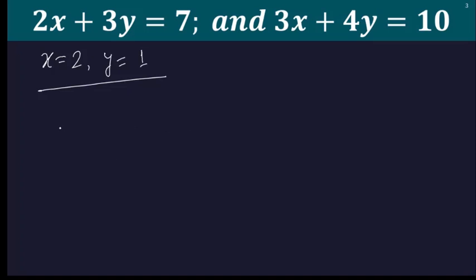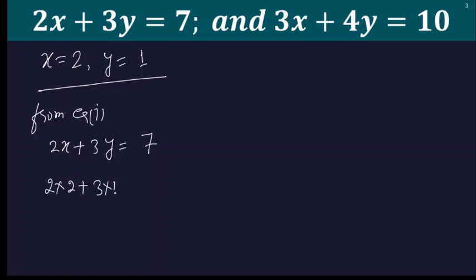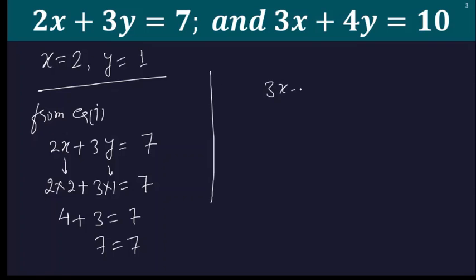So here I am verifying. See, from equation number 1, as I explained in the beginning when I was explaining the solution process, the pair of values of x and y satisfies both the equations. So 2 into 2 and 3 into 1. I am keeping the value of x, here 2 and here 1. 4 plus 3. I hope you understood. This is 7 equal to 7. Verification done. And for the second equation, 3x plus 4y is equal to 10.